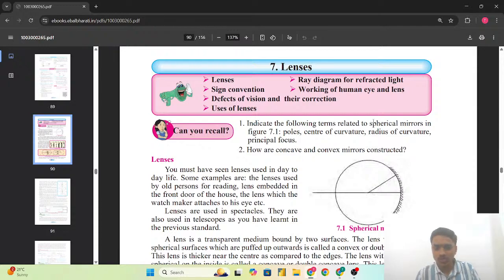So, we are going to start with our new chapter, that's chapter number 7 of the class 10 science one, that is lenses. So, lenses chapter से आगे बढ़ने से पहले अगर आपने refraction of light का chapter के